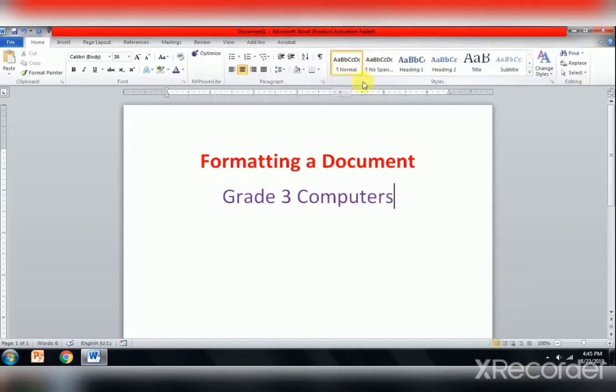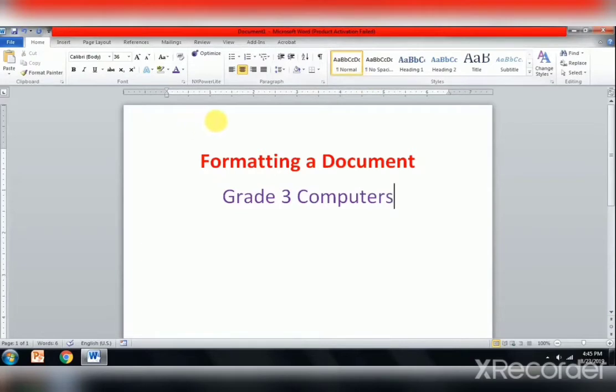Word 2016 provides various types of font options. When you open Word, as you can see, I have opened Word 2016 on my screen. The text appears in default font type, that is Calibri body, and with point size 11. By default, the font size is 11. So let us understand first how to change the font type.